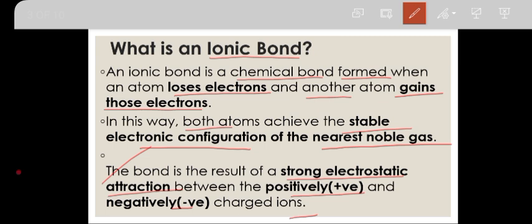We know about ions. Okay? Any atom that carries a positive or negative charge is referred to as an ion. If it contains a positive charge, it is called a cation. If it contains a negative charge, it is called an anion. Okay,